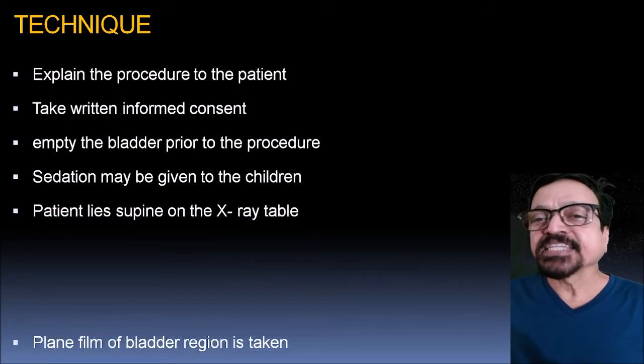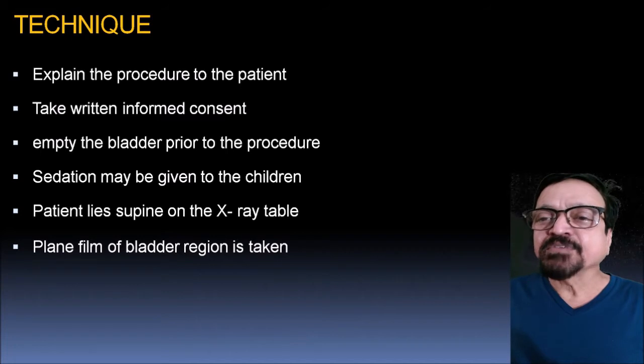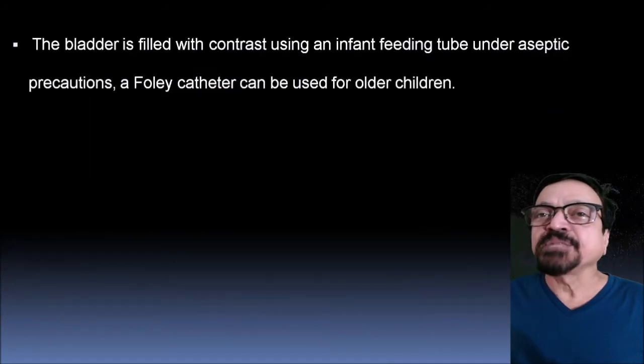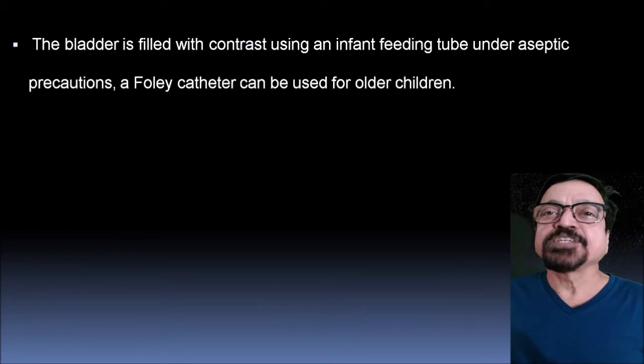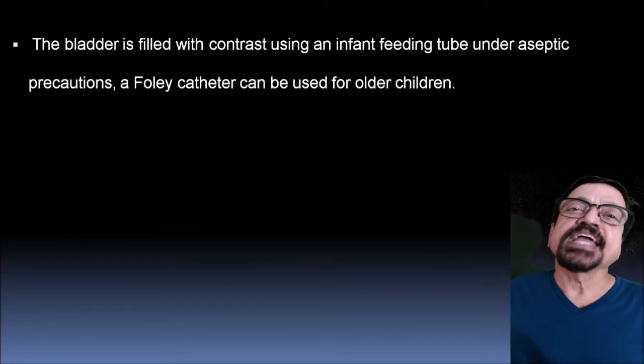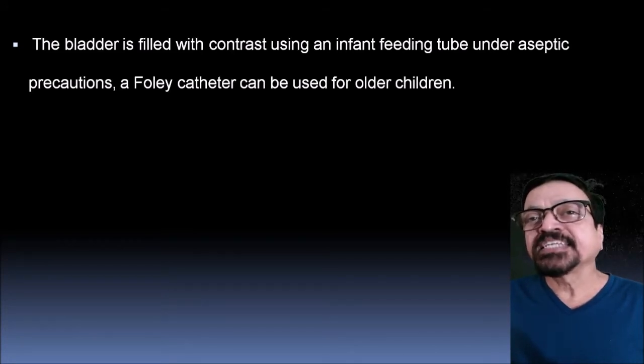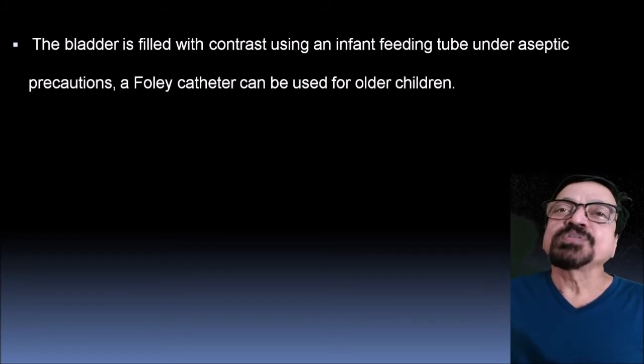Then the patient lies supine on the X-ray table, and a plain X-ray of the bladder region is taken. If it is a child, we prefer to take the entire child's X-ray, including chest and abdomen, so that we know a lot about the spine and also the chest, which is added information before we start the procedure. Sometimes it helps us evaluate the child in toto, if there are associated cardiac anomalies or lung anomalies, that can also be found if we include the chest in an abdominal X-ray.